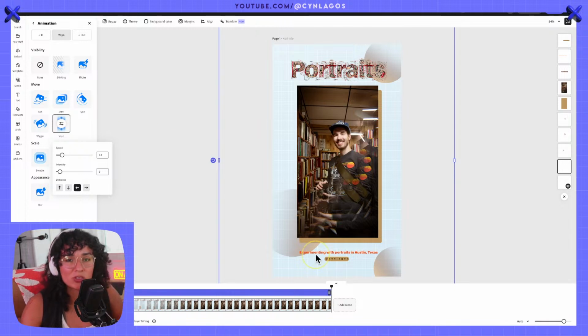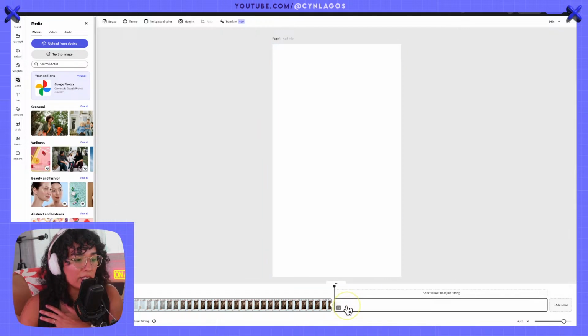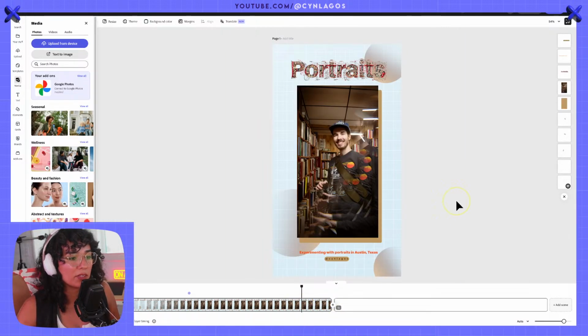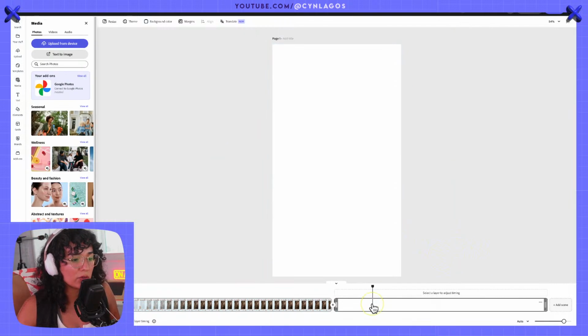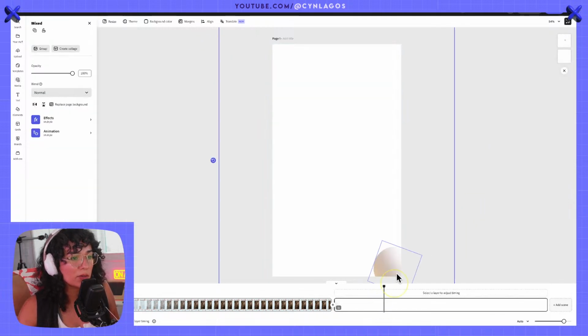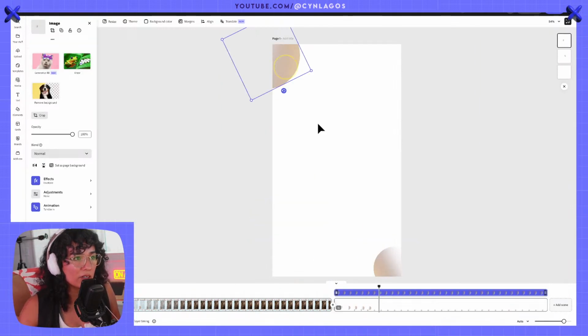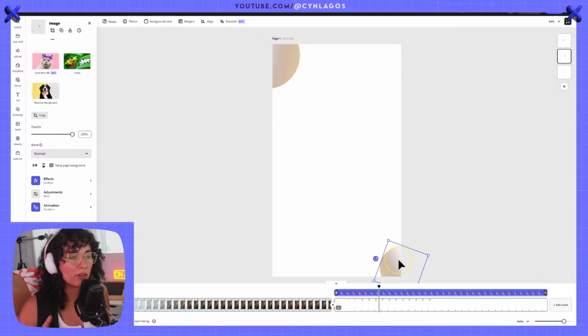This is working out. So I oftentimes do a cover and then guide the rest of the scenes by that cover. So I can add another scene in here and include some of these elements. So I might want to include this. No, not that. I want to include maybe a few of these circles. This one and this one. So it's the cover, and this should be more of like, okay, focused in.